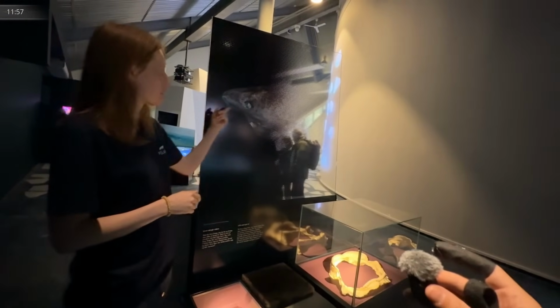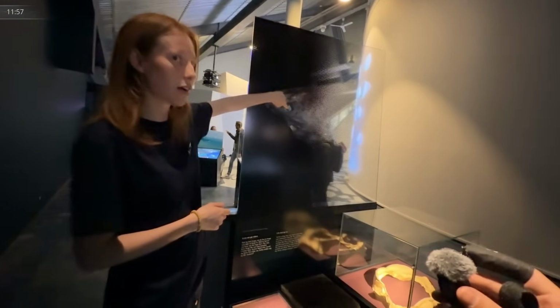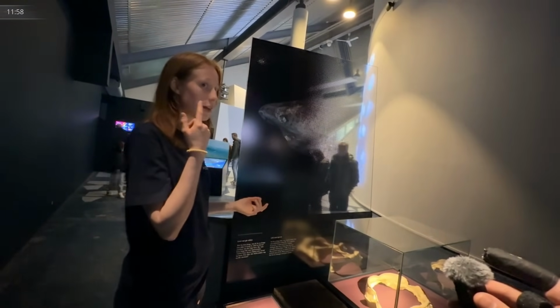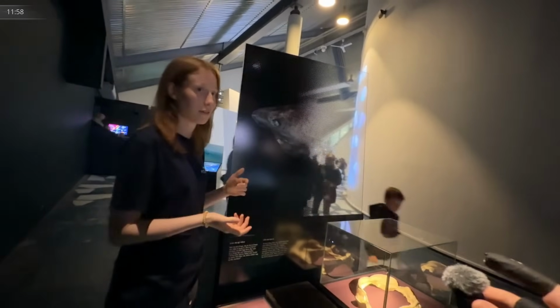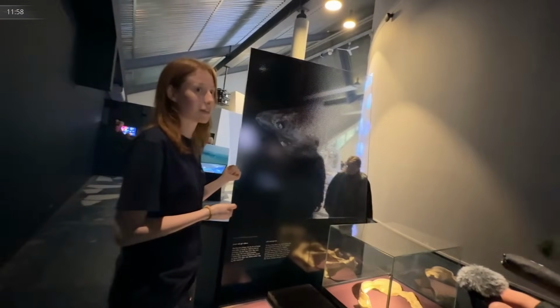So these guys are pretty cool. We don't know a lot about them, but they actually do have a parasite on their eyes, and that's how we estimate their age. Oh. Because when they're around 150 years, they will get this parasite, and they will go blind. Yeah. The older they get. And also when they're around 150, they're actually ready to mate. It takes them that long to be...